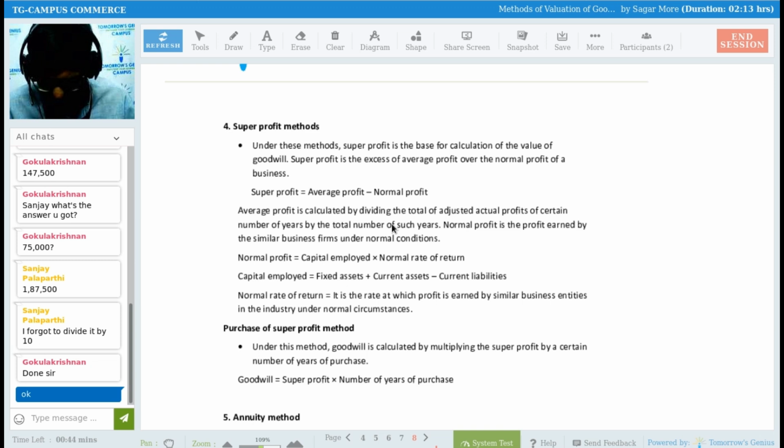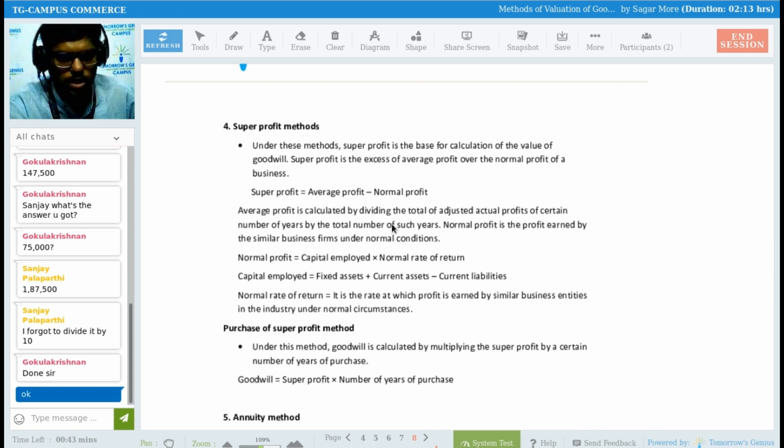What is super profit? What do you understand by super profit? Sir, if you are earning a profit more than your capacity, that is your super profit. If I say I'm having superpowers, it means I'm not a normal person, no? So what is super profit? If you are earning a profit more than your average, normal profit, right? So if I'm earning profit more than my average profit, it is known as super profit, right?